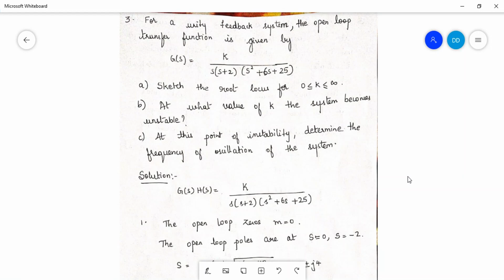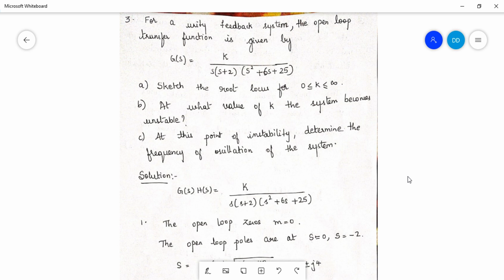In today's video, we will see one more example of constructing the root locus. So the question is, for a unity feedback system, the open loop transfer function is given by G(s) = K / (s(s+2)(s^2+6s+25)). We need to sketch the root locus for K varying from 0 to infinity, and we have to check at what value of K the system becomes unstable, and the last one is we have to find the frequency of